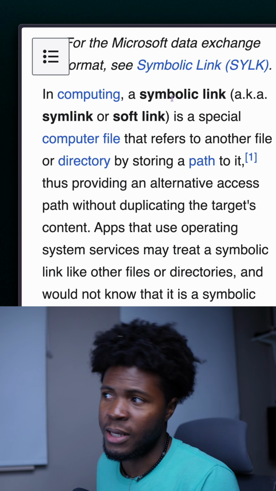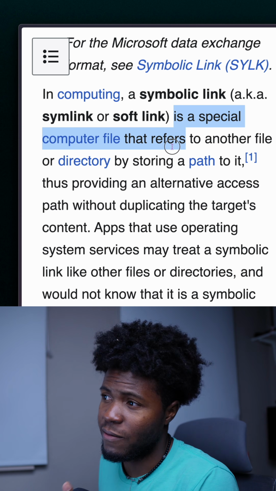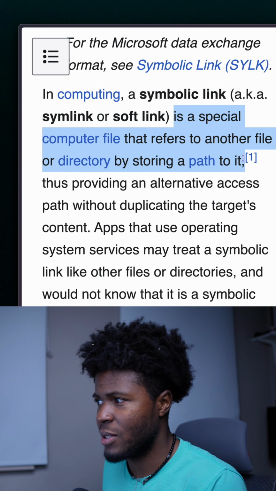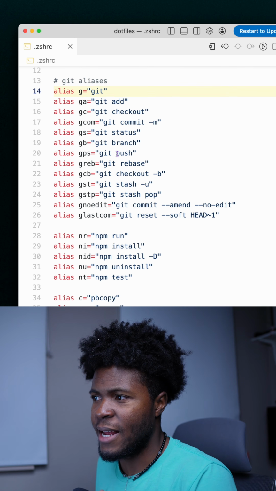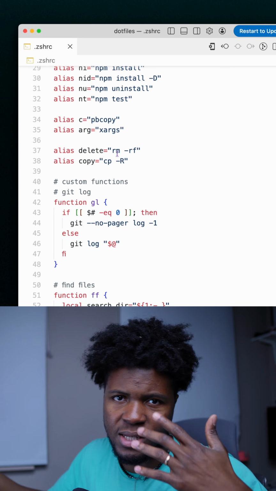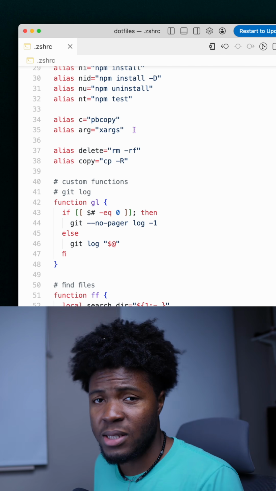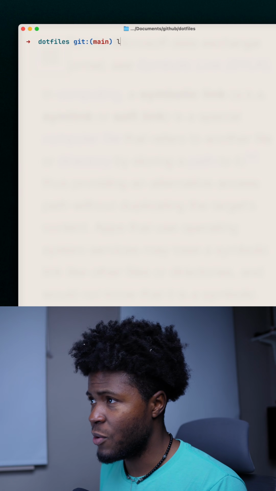configuration, and symlinks or symbolic links. Symbolic links is a special computer file that refers to another file or directory by storing a path to it. Here I have this repository here where I can have my different terminal configurations from ZSH to any aliases or whatever I want. Now this is in the GitHub repository, so I can create a symlink here by doing ln,